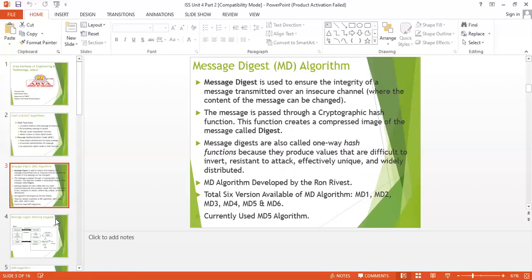The message is passed through a cryptographic hash function. This function creates a compressed image of the message called the digest. The message digest is also called a one-way hash function because it produces values that are difficult to invert, resistant to attack, effectively unique and widely distributed.